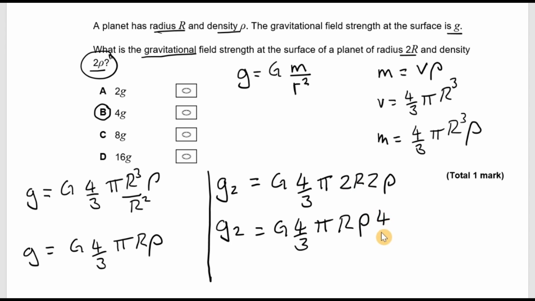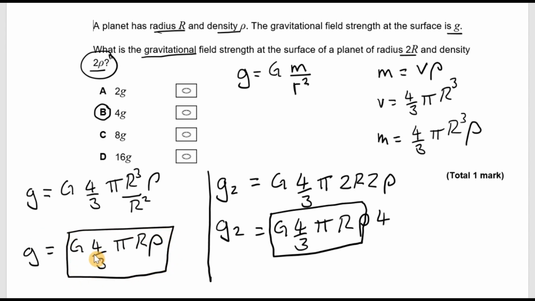4. Now the reason I've done that is to show you that all this is exactly the same as this here. So instead of writing G 4/3 pi r ρ, I could just write little g. So I could say that the gravitational field strength of this other planet is equal to g multiplied by 4, or G2 is equal to 4g. Answer